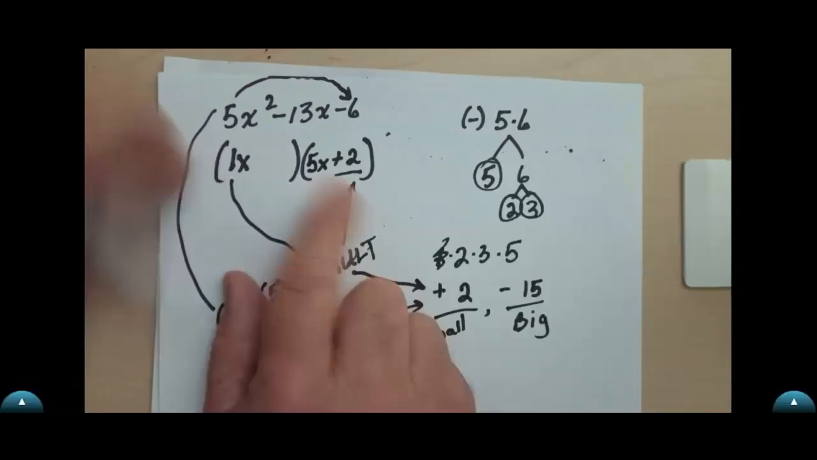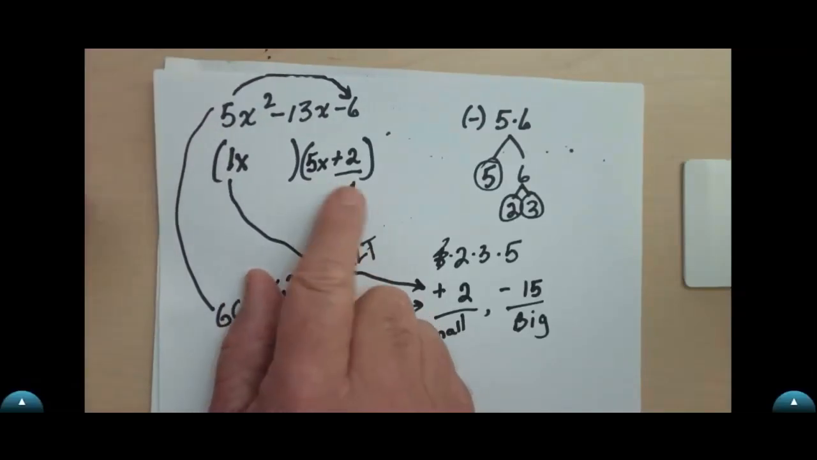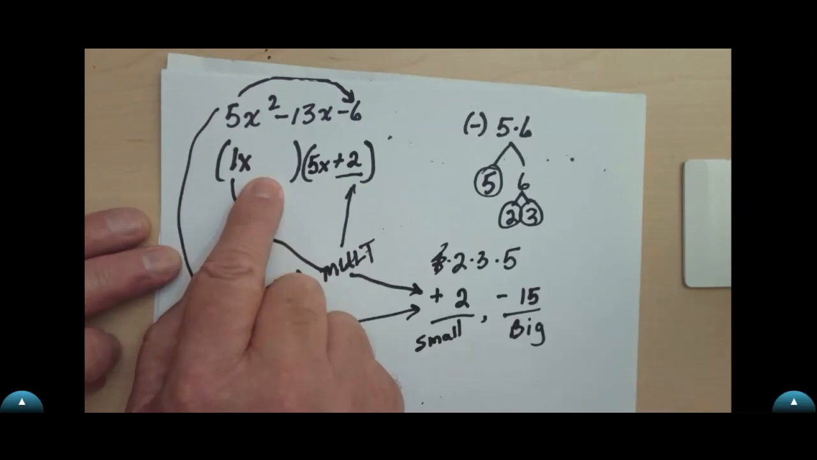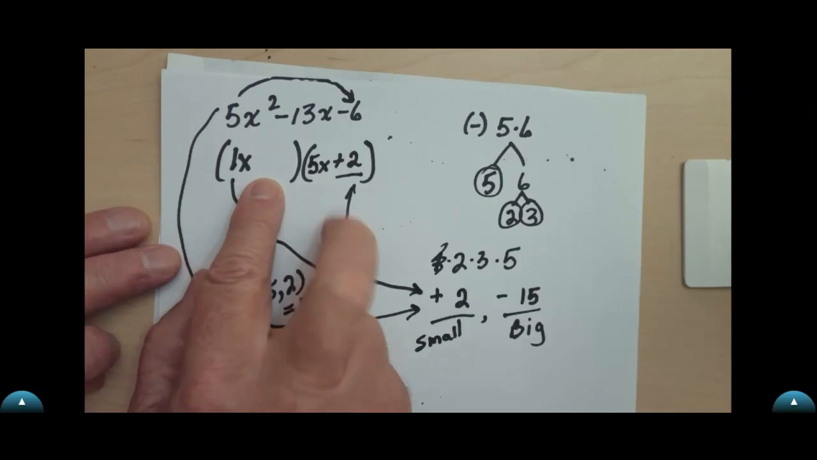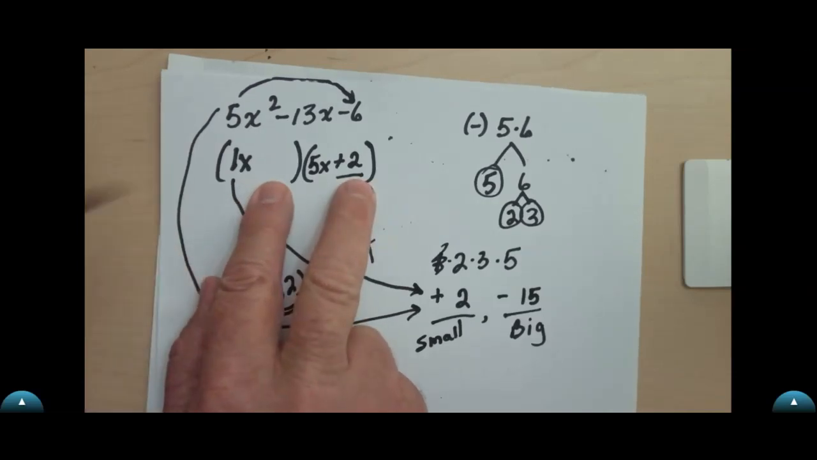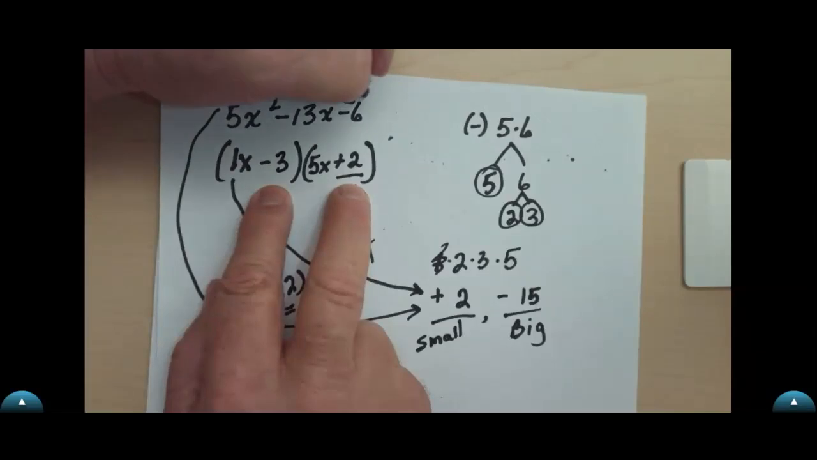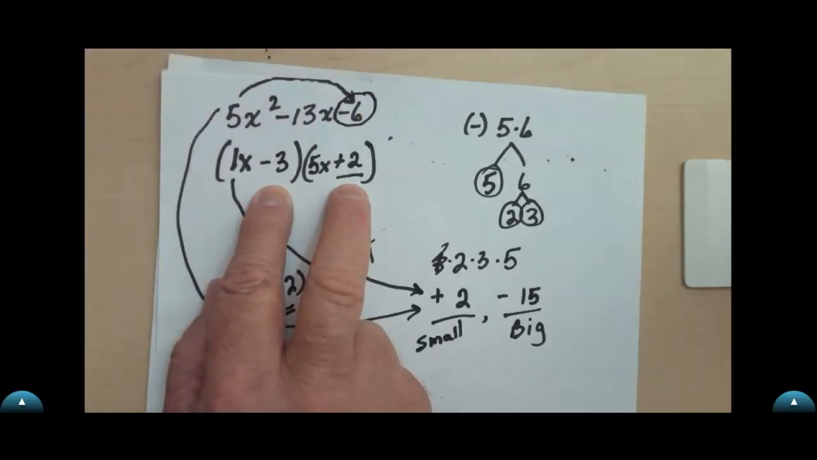Because remember, those have to multiply to be 5x squared. If this is positive 2, what has to go here? Negative 3. Right? Because those two numbers have to multiply to be negative 6. Do y'all see that? Then it's factored. It's 1